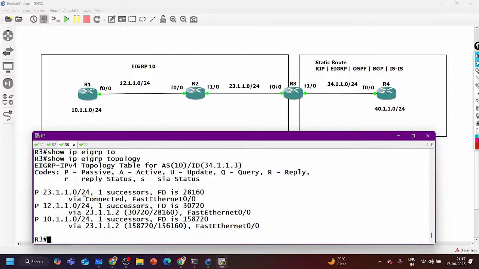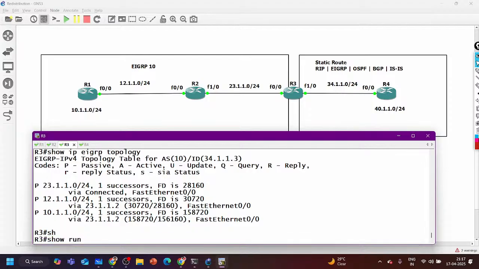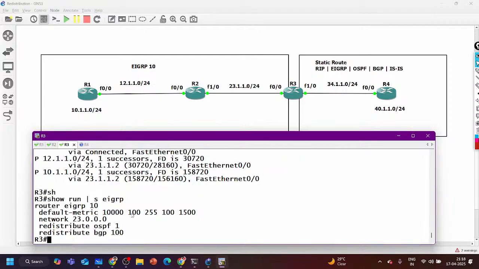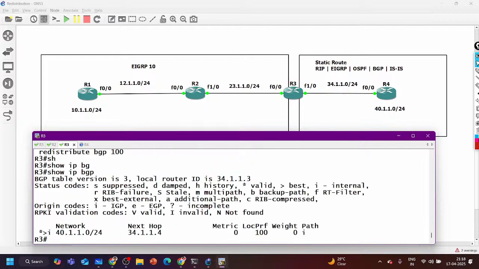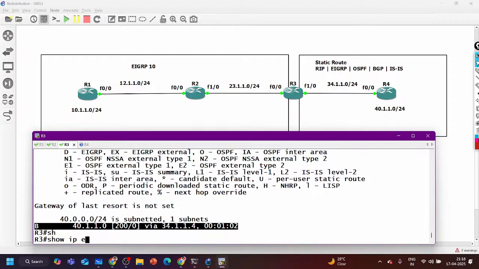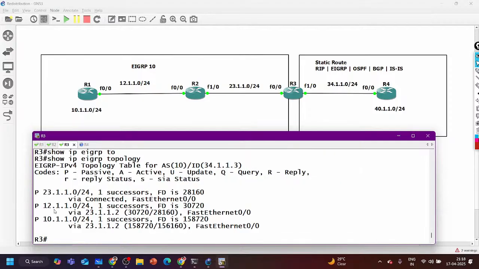Why? What happened, guys? Do show run section EIGRP. We are redistributing BGP AS number 100. That is correct. Even the default metric is configured. And in the BGP routing table we have the prefix also. Why is it not redistributing then? Show IP EIGRP topology, it has not installed it in the topology table.